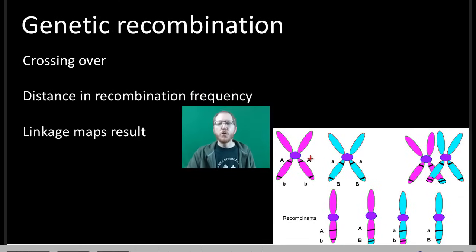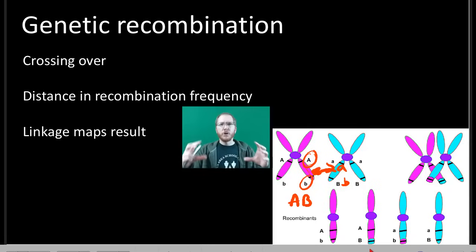So if we've got these two genes, in this case gene A and gene B, and crossing over occurs in between them, it can actually separate them. Crossing over between these two chromosomes will give me big A, big B, whereas prior it was big A, little b. And I can also get little a, little b, instead of little a, big B. And so the further apart two genes are on the same chromosome, the more likely it is that crossing over